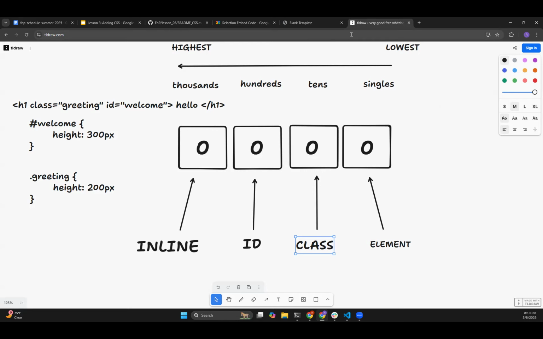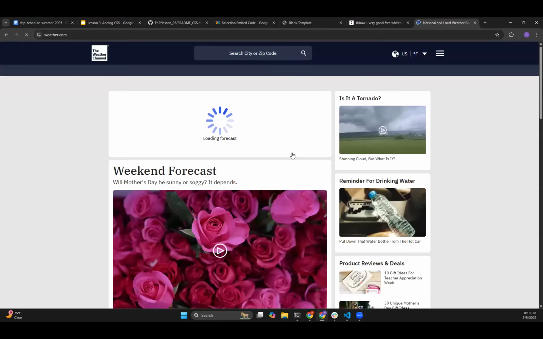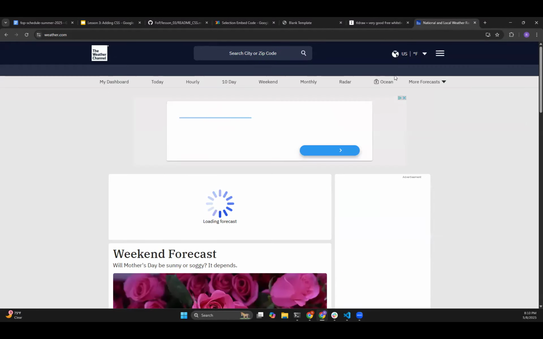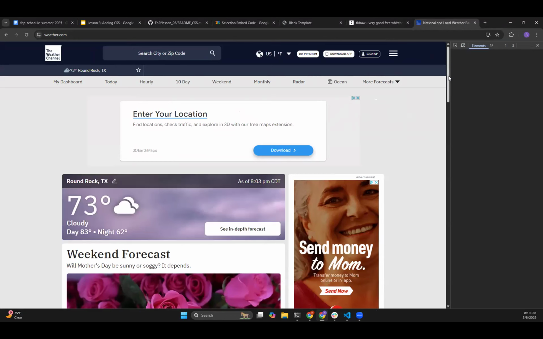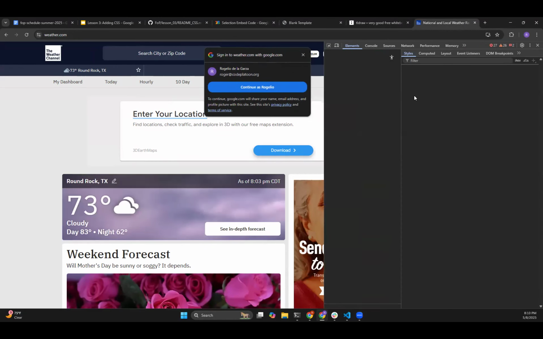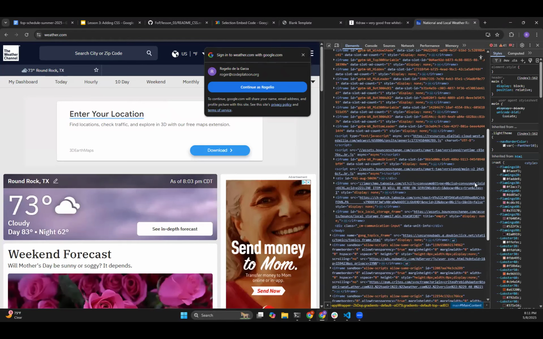You might just want to start with class first, and then you increase the specificity as you progress. So it's not that you'll never use inline styling. It's used very sparingly because if you want to update it later on, it can become a pain to change. And remember, look at the weather app. When we look through the HTML structure, it's crazy, right? This is a lot of HTML. Imagine trying to sort through all of this